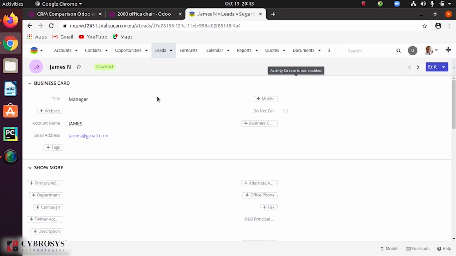So here you can see now it is the status of the lead, where you can see the tag is converted. So earlier here you can see that the tag was unconverted, and upon clicking that only I was able to see the page where I needed to provide the account as well as the opportunity details.